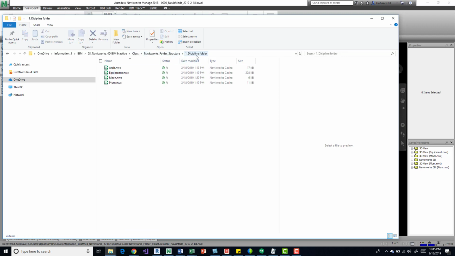So if I open up the Discipline folder, I set this up so that my Discipline folder is all my NWCs. So this could be an NWC from a subcontractor. This one could be from a design partner. Equipment one could be from a vendor. And then the Arch one could be an internal NWC that we created from Revit. I like to keep them all in the same place because naturally we're not going to open up these files. They're generally linked into an NWF